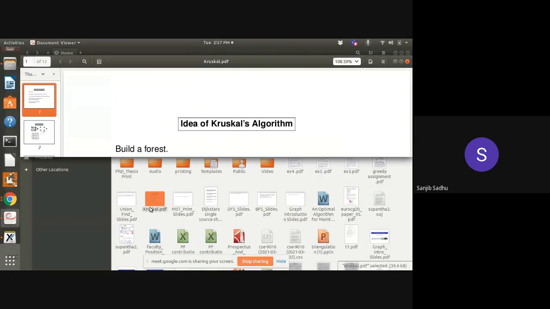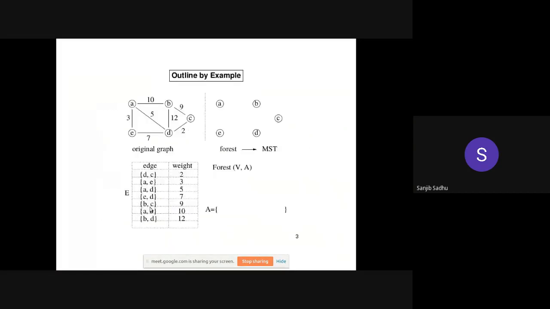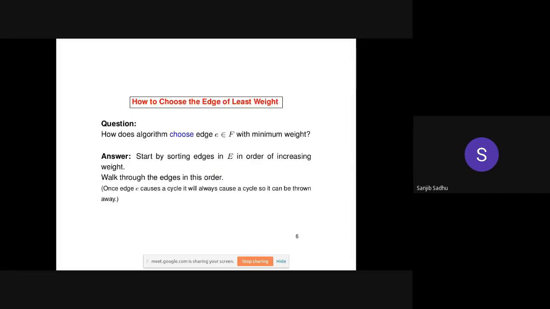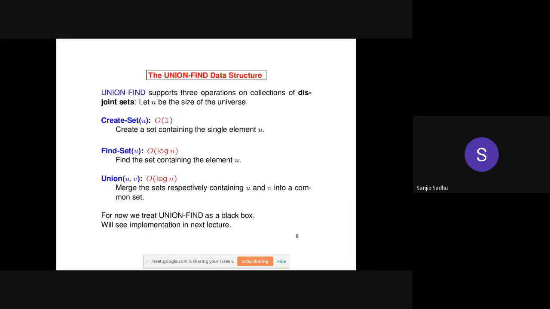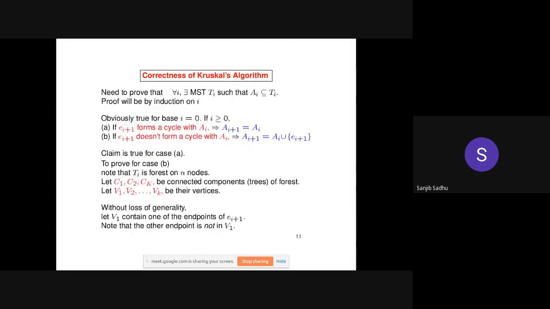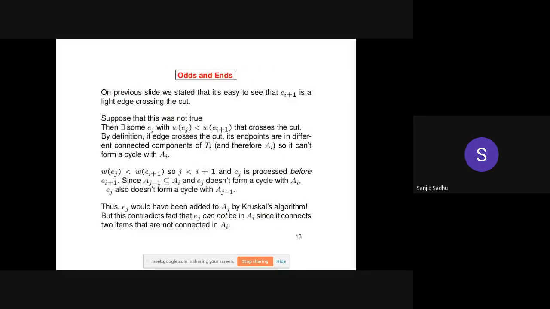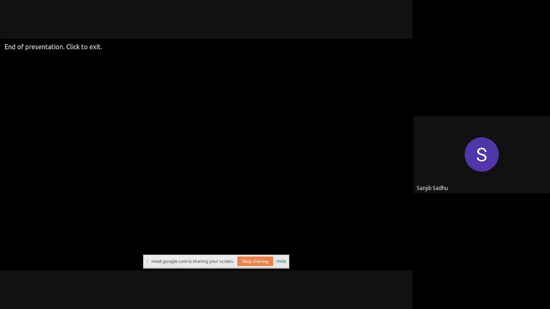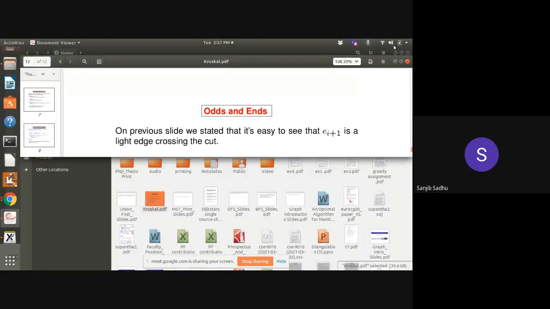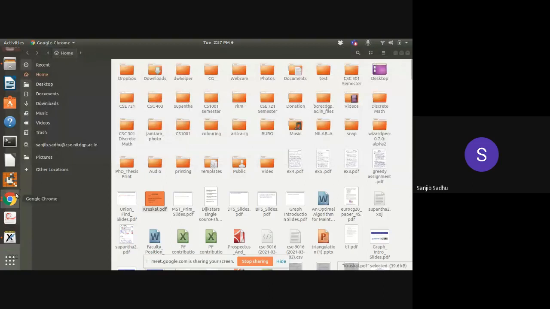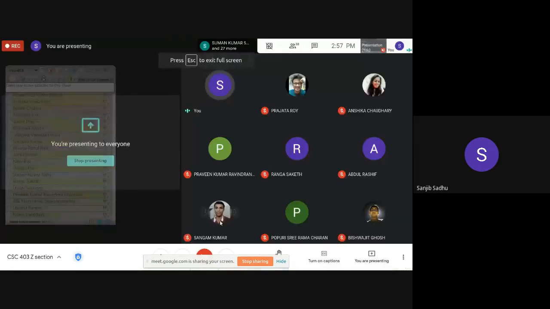Similarly, Kruskal algorithm is also there. I have discussed everything. Just the correctness proof is very important. I am saying greedy algorithms are very easy to design, but their correctness proof is not trivial. So please take care of all this. I will upload the slides also. You read this and